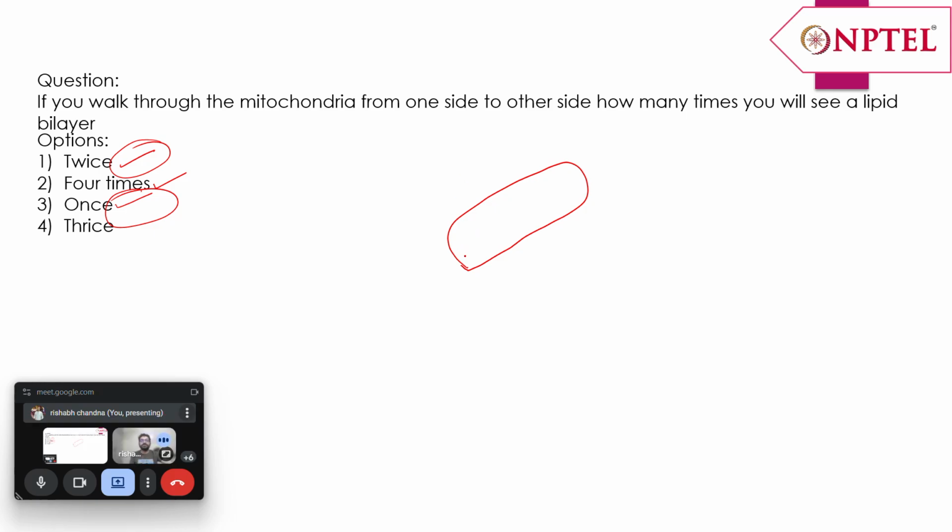So, this is the outer membrane of the mitochondria, right? This is also a lipid bilayer, and then, yes, now we have the inner membrane that has this kind of structure. So this is the inner membrane of the mitochondria. So you are here,